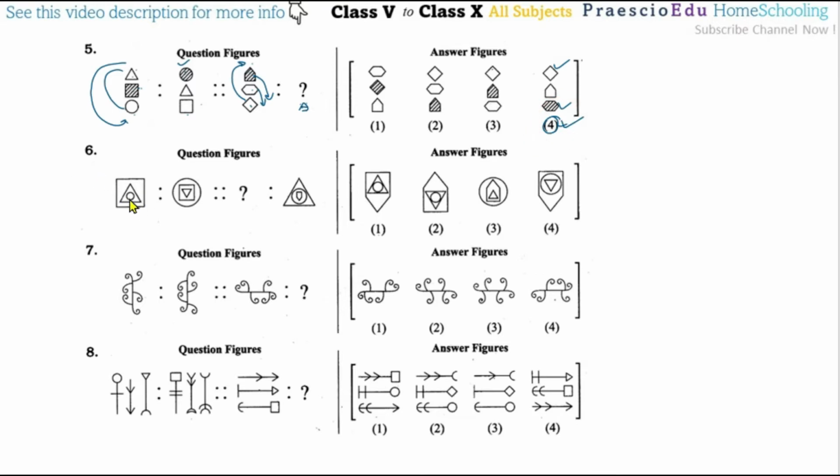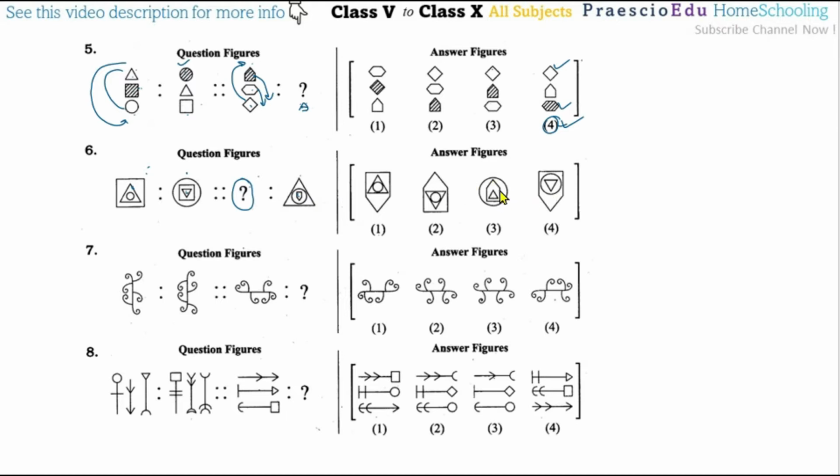Now question number 6. Here if we compare, the triangle is the middle one and in the second term it goes to the center side. We will think about the reverse one because the question mark is the third term, so from the third term we have to go to the second, then to the first figure. Here the triangle is the center one, that goes here to the middle. Like this one, here the center is this pentagon, that will be in the middle position.